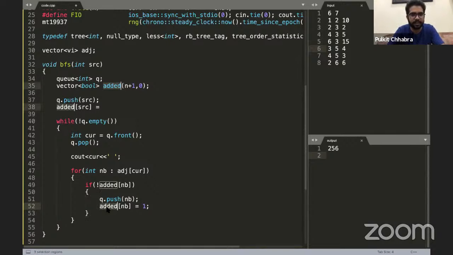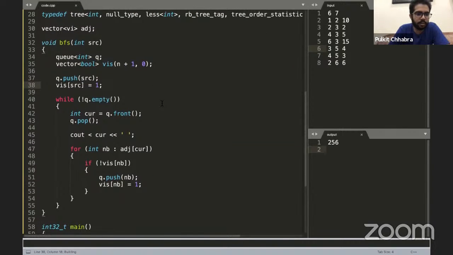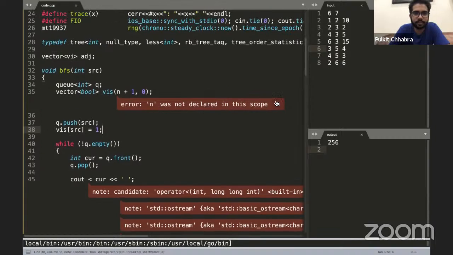Or I just call it viz, it sounds more intuitive, right? So I'll have to update this viz array every time I'm pushing a node to the queue. I updated it here but did not update it here. So when we are adding the source node to the queue, we also have to update the visited array for the source.